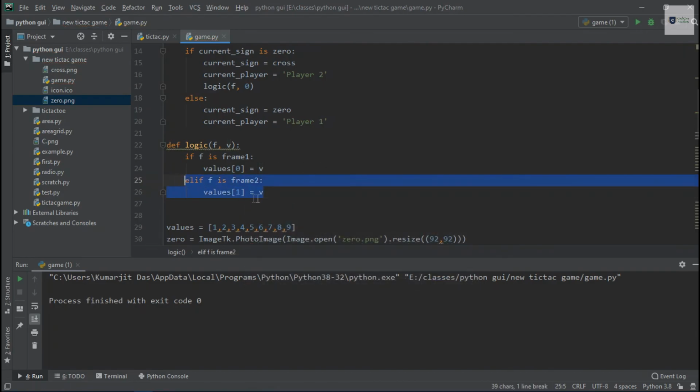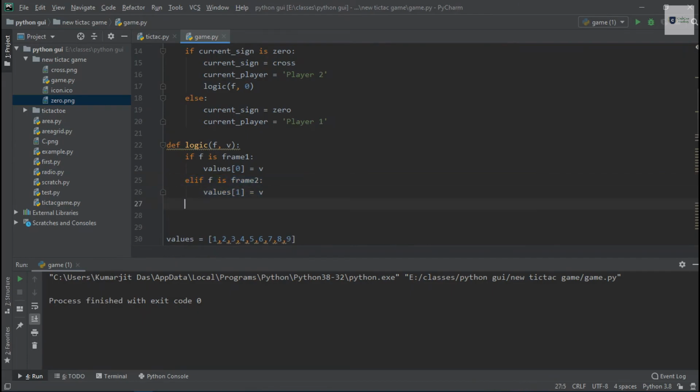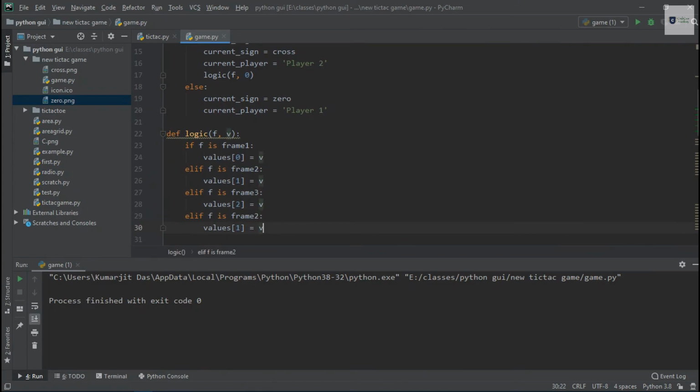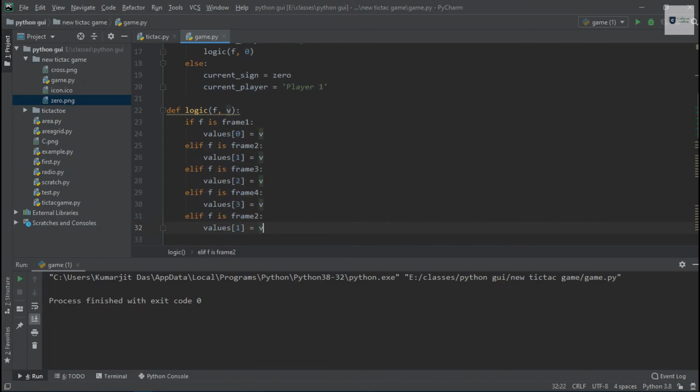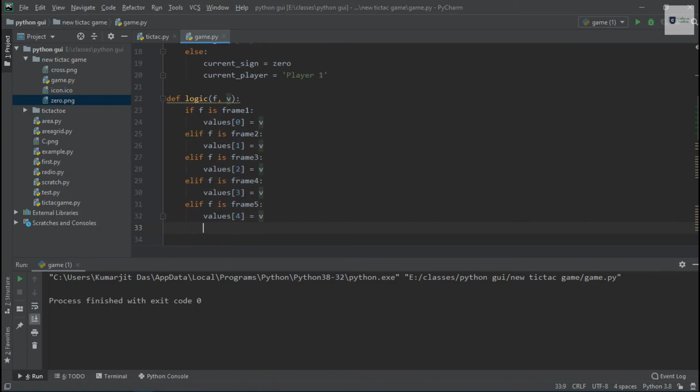I will copy this thing, obviously. So this is frame 3, values 2 will have the value of v. If this is 4, this will be 3. If this is frame 5, this will have the value 4. The values at index 4 will put the value for v.